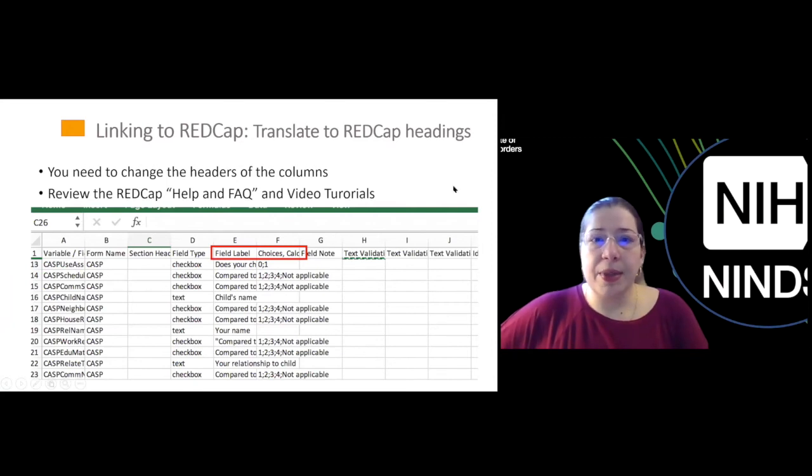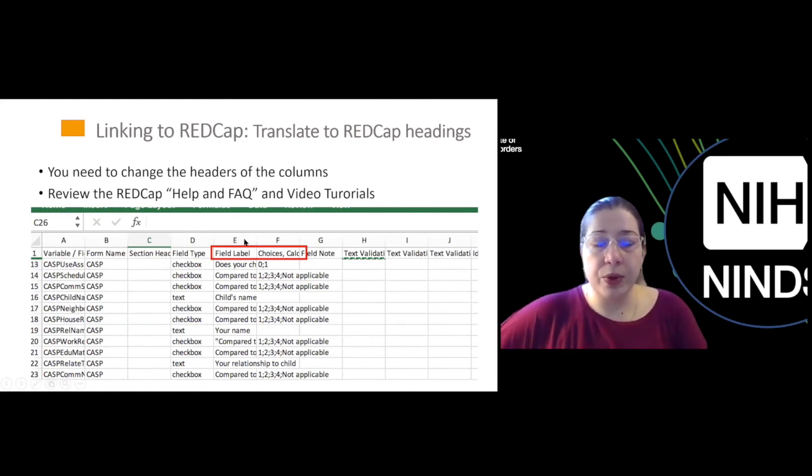I mentioned before that one of the great things about these data dictionaries is that you can upload them into an electronic data capture system. I'm going to give you the example of REDCap, because it is very popular in the scientific community and a lot of people use it. I'm not an expert in REDCap. I'm just going to give you the general capabilities, what I know and what I've used in the past. Before I came to NIH, I used this in one of the studies that I worked on.